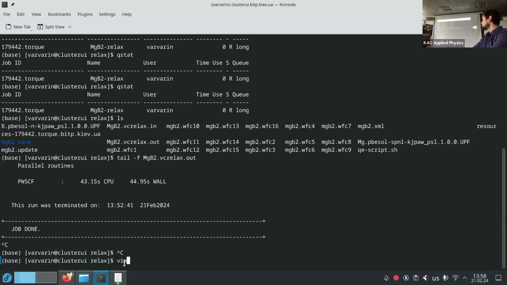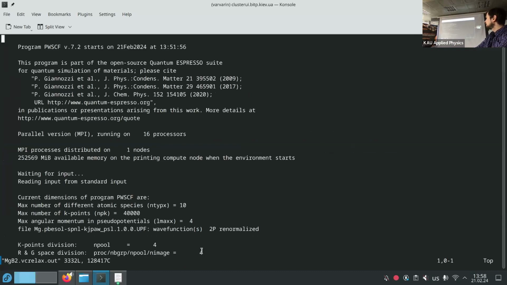Mikhailo, you can show it. We can use Vim so as not to transfer any files from the cluster. If you press tab, it will automatically fill the name. We specify that we want the out file for the two files, in and out. Now we take the relaxed lattice parameters from the output.